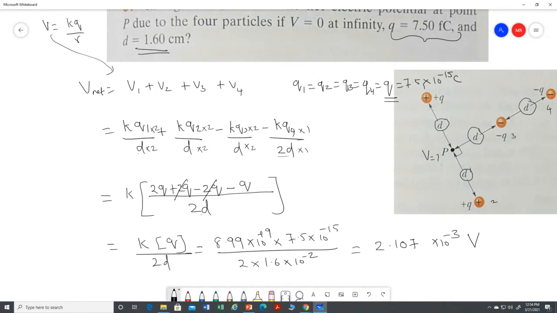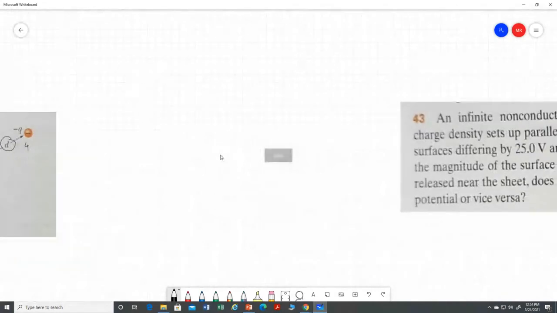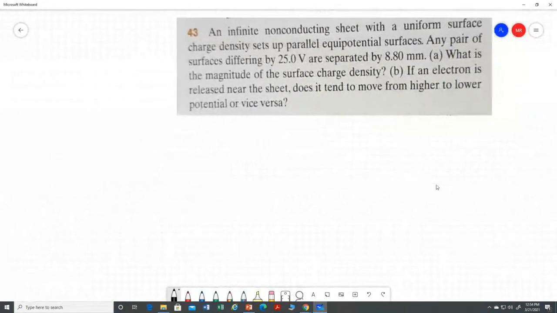Clear. Okay. Now, last question of this chapter, but it's a very easy chapter, but you have to use the formula. Question-wise, it will seem very big, but answer-wise, it is nothing. You have to recall the formula. My dear, here you have an infinite conducting sheet. What is the electrical field for an infinite conducting sheet, plane sheet? We already studied in chapter number 23. What is the rule, my dear? Conducting sheet, plane sheet. Electrical field E is equal to sigma over